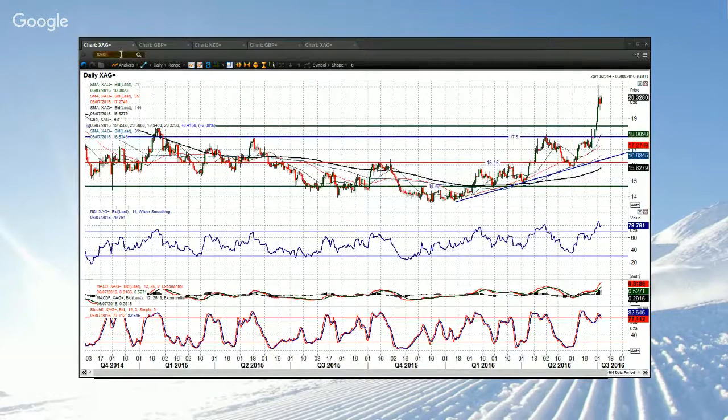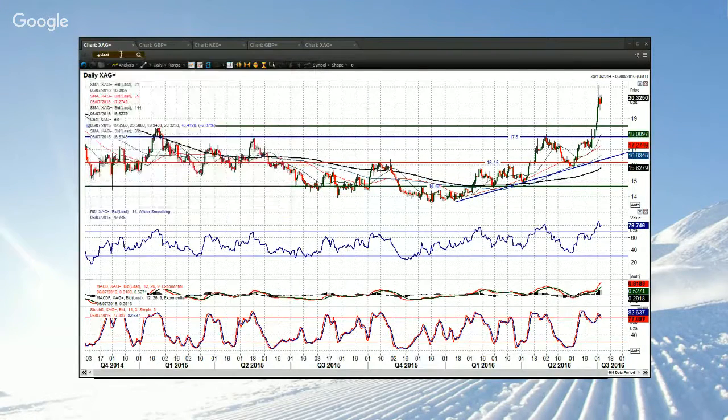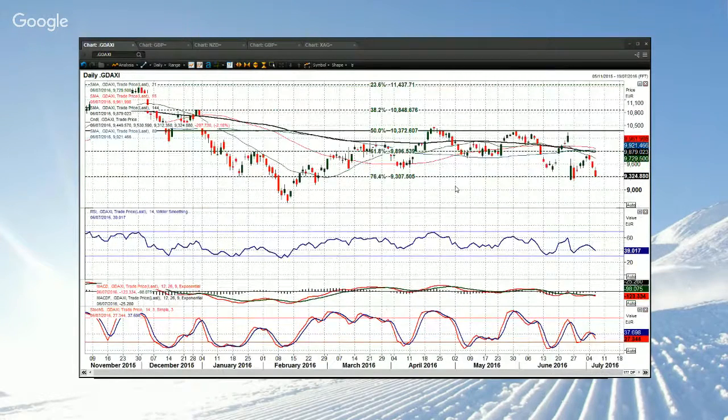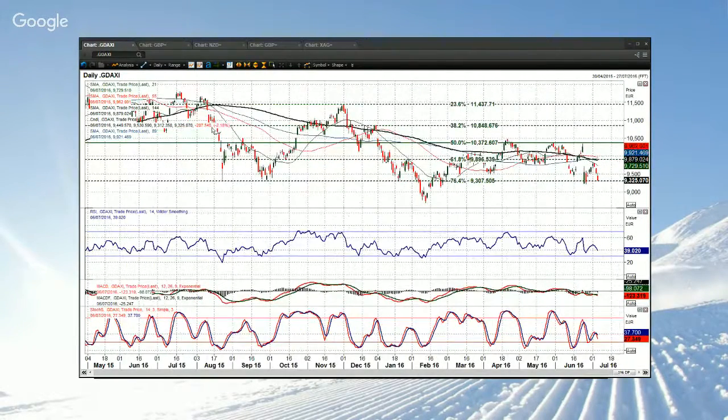I'm tight for time, so I'll just very quickly look at DAX. Yeah, it's rolled over again. I've looked at the fib levels frequently on the DAX because I think they provide very strong turning points. We're back at the fib level now for 93 area of 76.4, which has provided support previously on numerous occasions, although obviously in February it didn't.